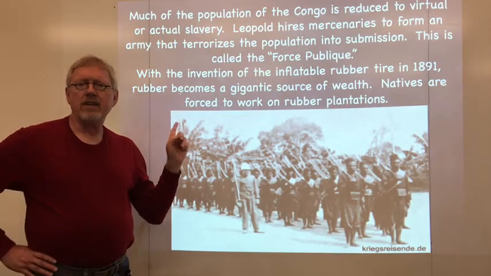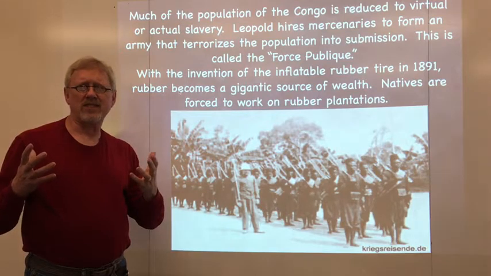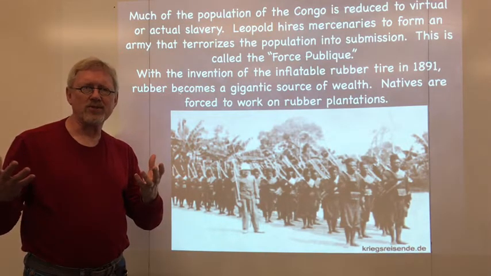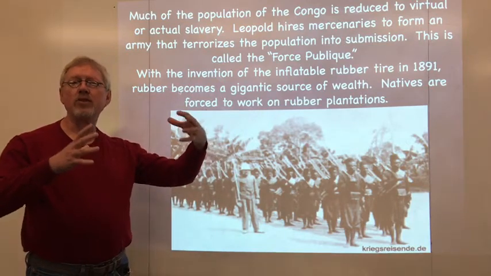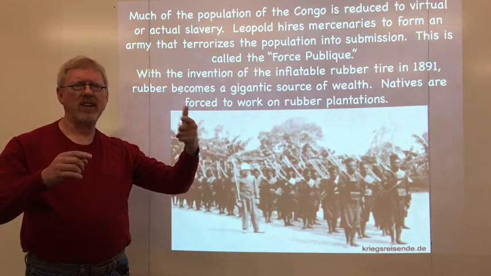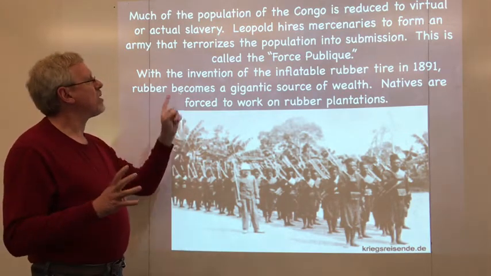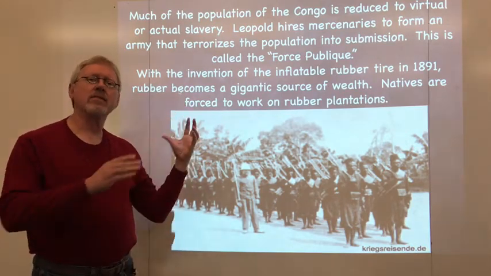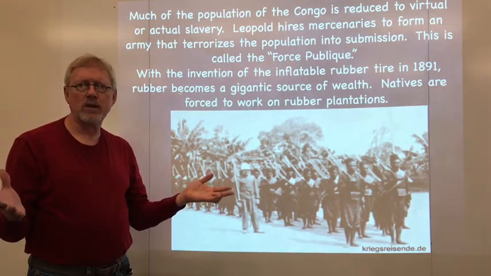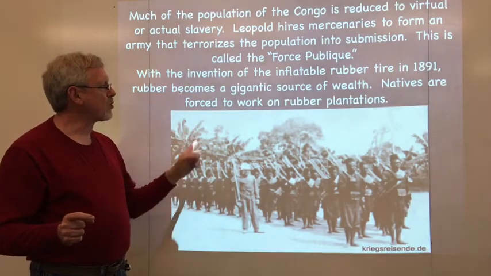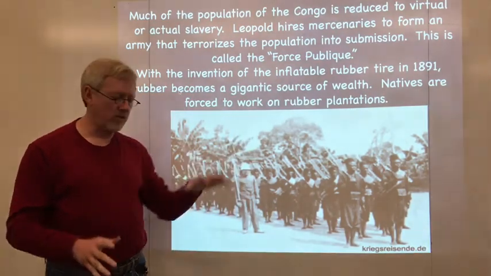Rubber has now become a very necessary commodity, and it's not just for tires, for bicycles or cars. Rubber's a key ingredient in industrial machinery, for gaskets and pulleys and things. Everybody's got to have rubber. Rubber is native to the Americas, but the rubber trees are brought into various parts of the world where the climate is okay for rubber trees. And rubber plantations are set up. Vast rubber plantations are set up in the Congo area.